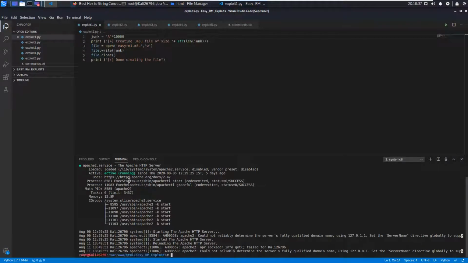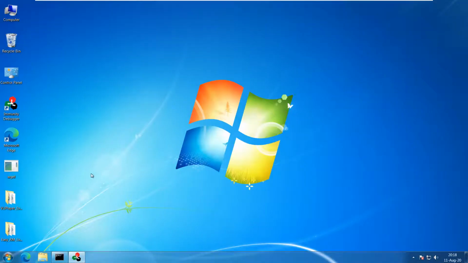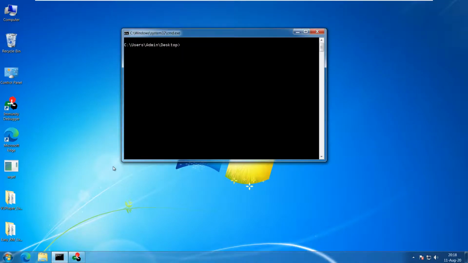As you can see, it is already running at port 80. What this means is it will allow us to transfer our exploit codes into our Windows 7 machine.